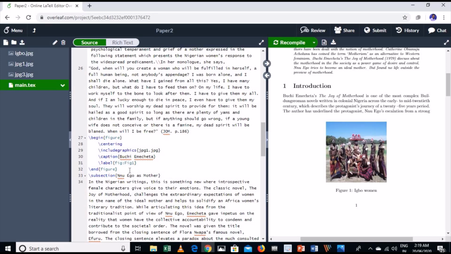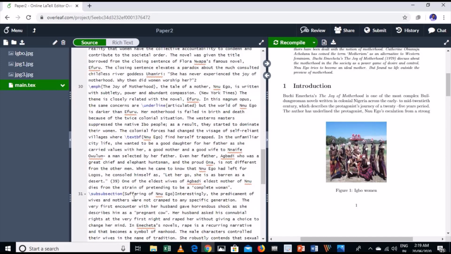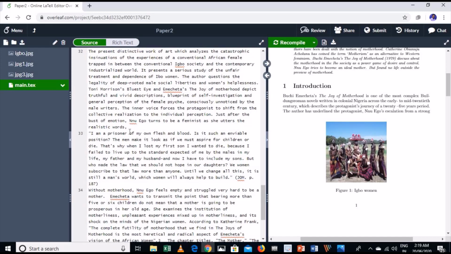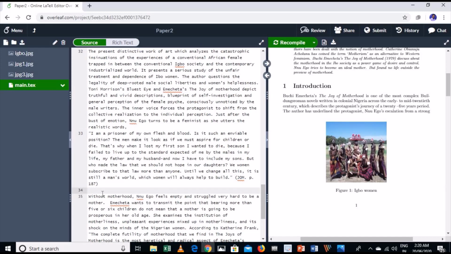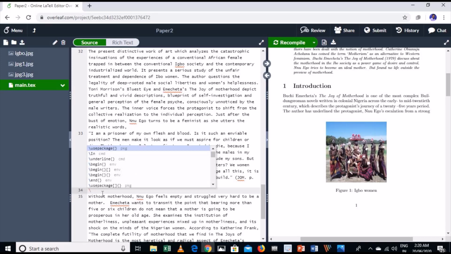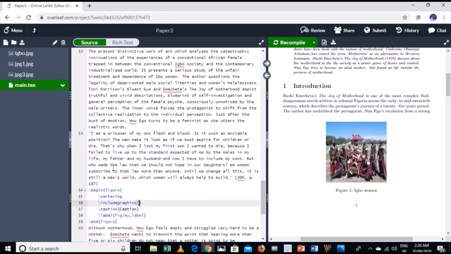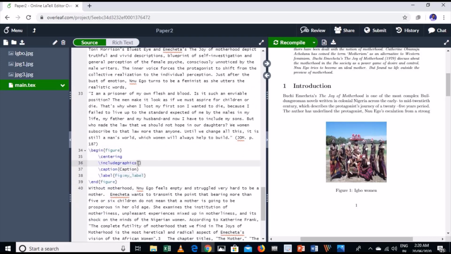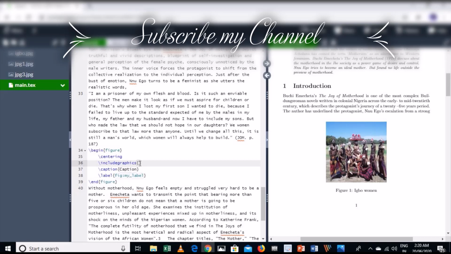Actually I have added various photos here, so this is one of the ways. Suppose let me delete once again, and I want to add another photo, for example like this here. Again the same process you need to follow. Begin and select figure. Again the same options are visible. Write the second JPG, 1 dot JPG. Select this.